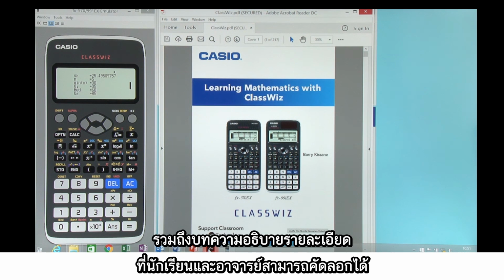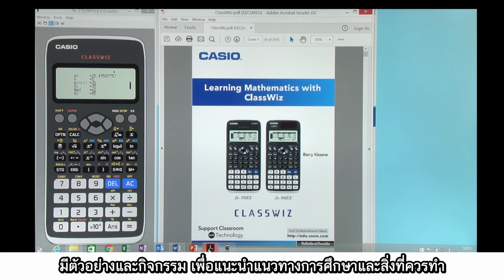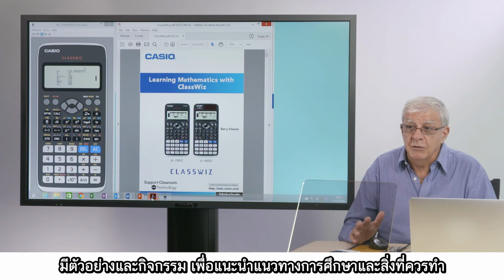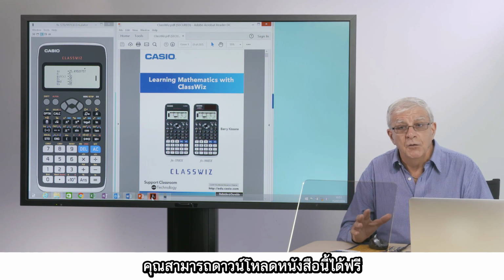As well as detailed explanatory text, which can be copied for students as well as teachers, the module includes some exercises to check efficient ClassWiz use, some examples of activities to suggest educationally valuable things to do, and some guidance for teachers. You can download this book